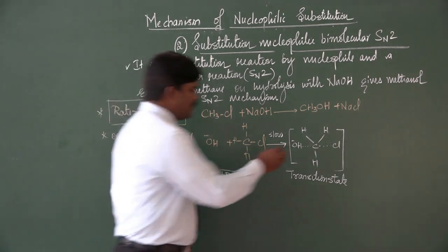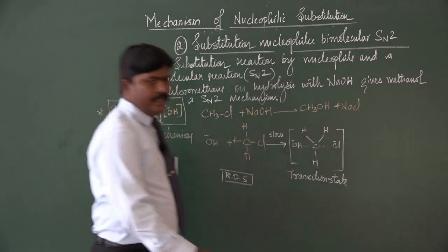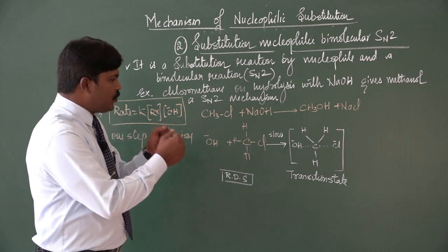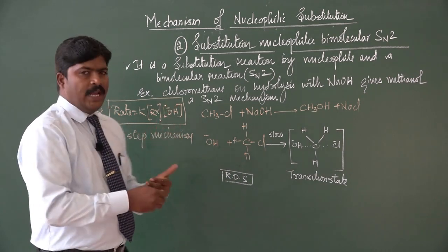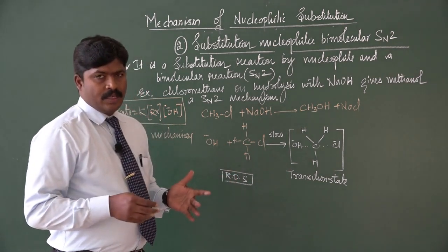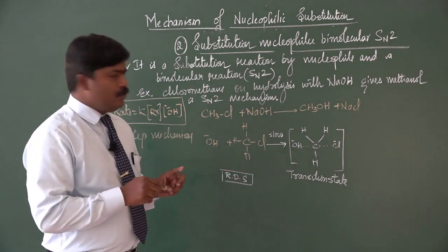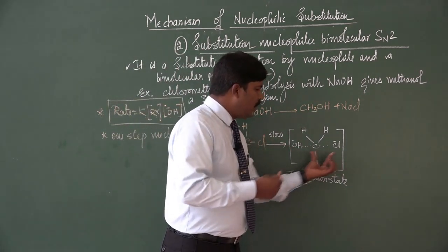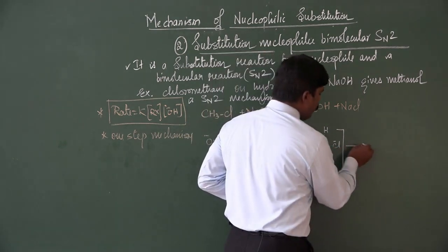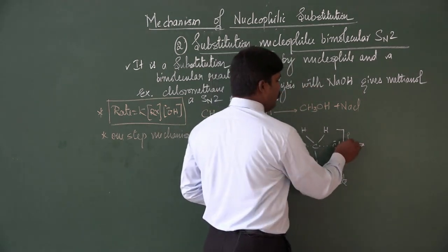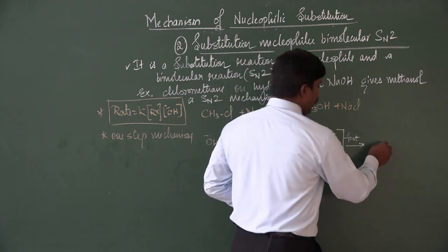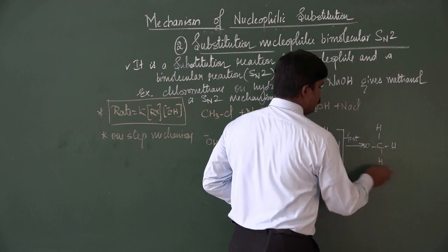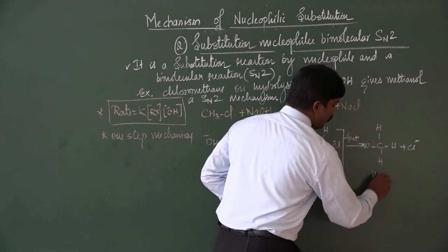The next step is very clear for us. Two things are going to happen here. One, the bond between the nucleophile OH minus and carbon becomes stronger, and the chlorine and carbon bond weakens. And what happens, the final product, I will let you know. Now see here, the C-OH bond becomes stronger, the C-Cl bond becomes weaker. So now the formation of the bond takes place in such a way that this is fast compared to the previous step. And you can see here, CH3OH plus Cl minus. This is your methanol.